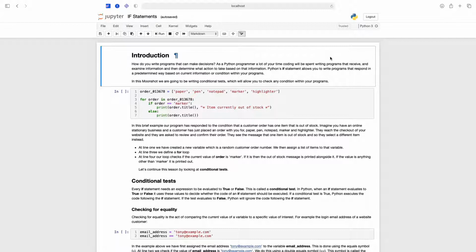So how do you write programs that can make decisions? As a Python programmer, a lot of your time coding will be spent writing programs that receive and examine information and then determine what action to take based on that information. Python's if statement allows you to write programs that respond in a predetermined way based on current information or conditions within your programs. In this moonshot, we're going to be writing conditional tests, which allow you to check any condition